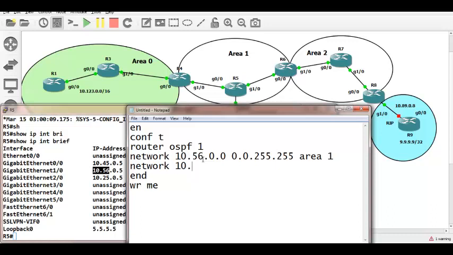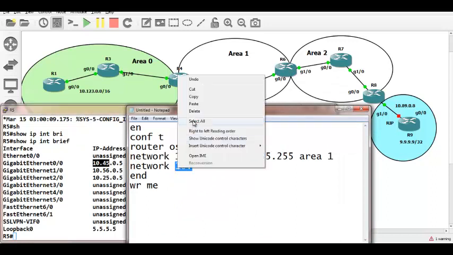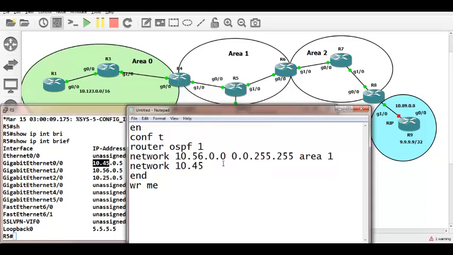Instead of going and copying from the interface and doing it like this, you can straight away do it on the interface. So whatever address is there on the interface will be picked up and OSPF will start using it. You got the point? Yes, I got it. Thank you. Welcome. And then network